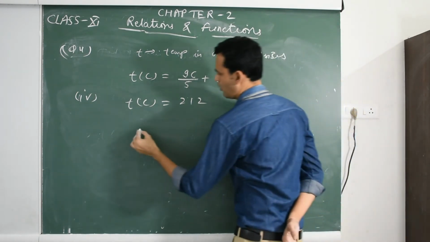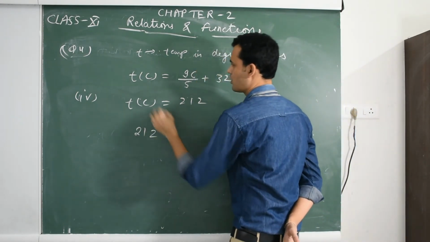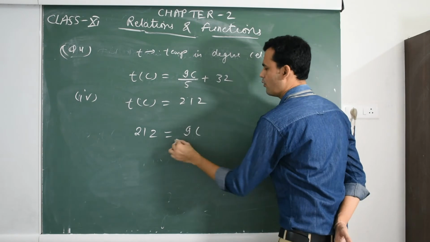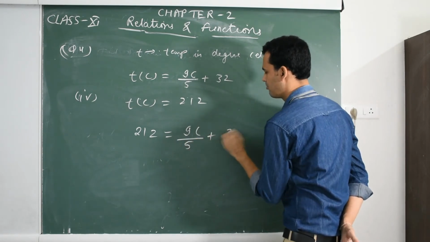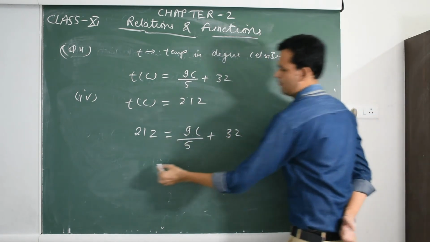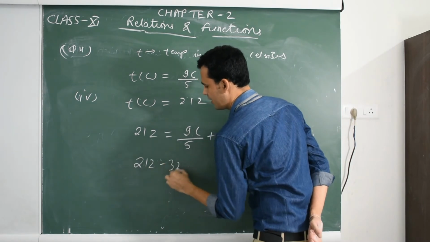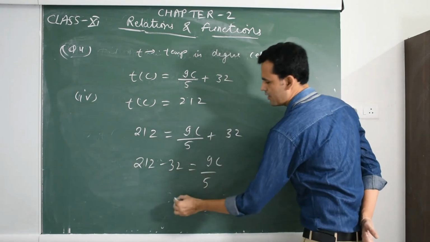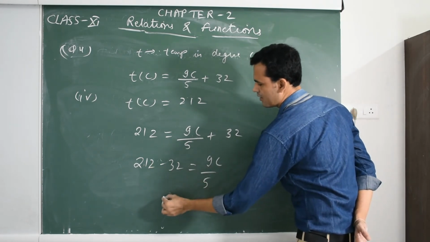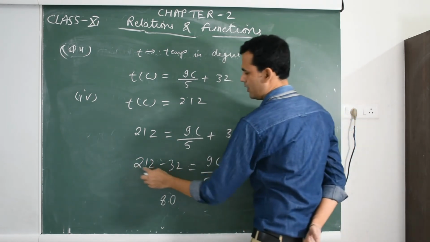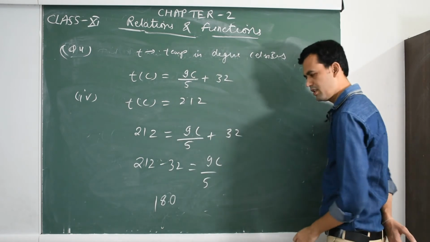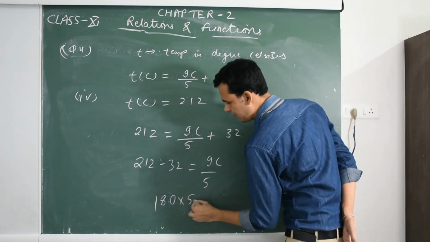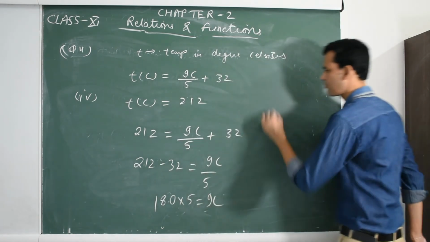So we put the value of Tc as 212 and we have to find the value of C. So 212 minus 32 equals 9C upon 5. So 2 minus 2 is 0, 1 minus 3 is 8, and 2 minus 1 is 180. 180 into 5 equals 9C,